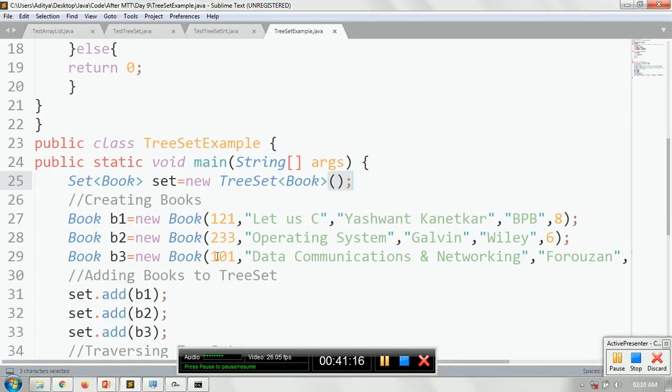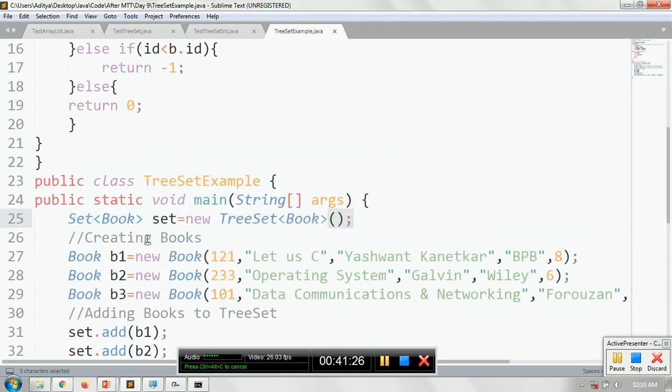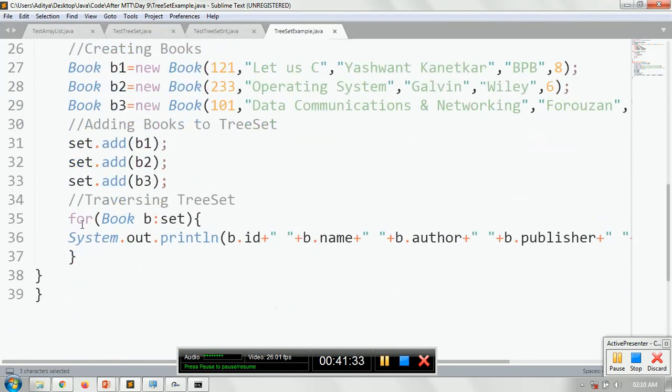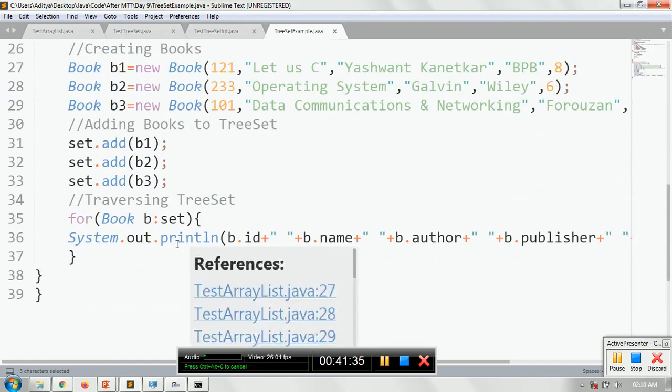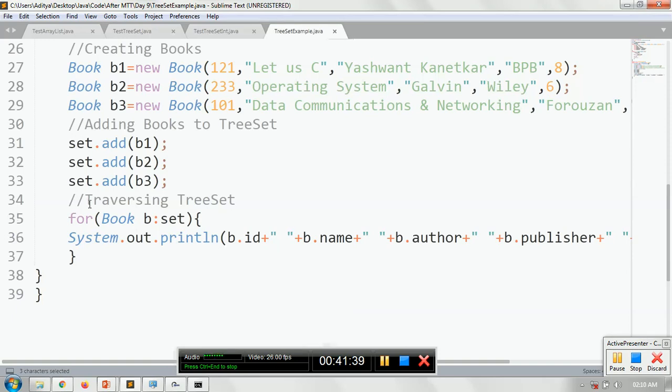So we have considered the criteria as IDs, such as 101, 121 and 233. Whenever I add B1, B2, B3, it will internally compare their IDs with the help of the compareTo method that I have given the body, so the criteria would be the ID itself. With the help of the for each loop, we're just traversing and printing the entire set.